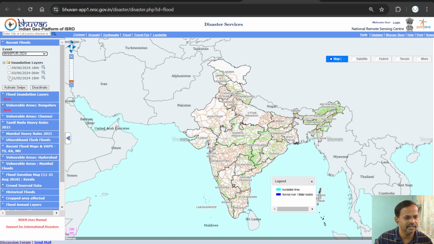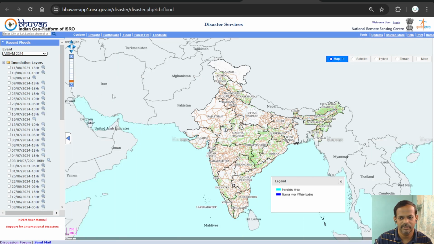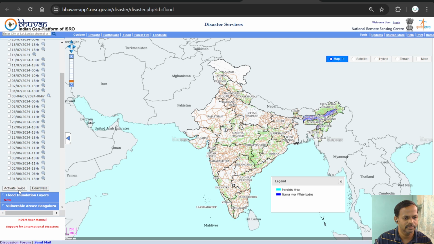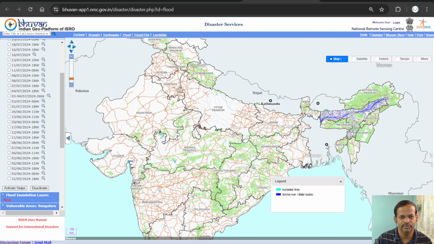They have latest data from June and May. Let's check that. Activate swipe. So let's check Assam only as of now, because in Assam there are more chances of flood as compared to others. Okay, so here we are. We need to zoom in for Assam. Then we can see